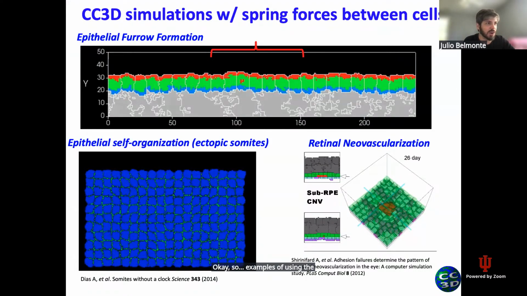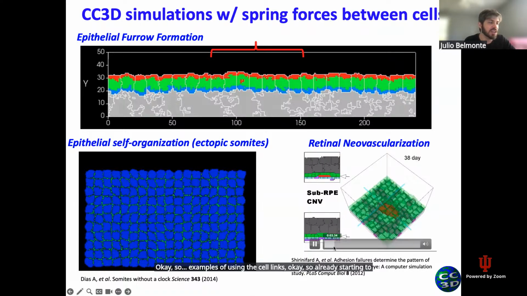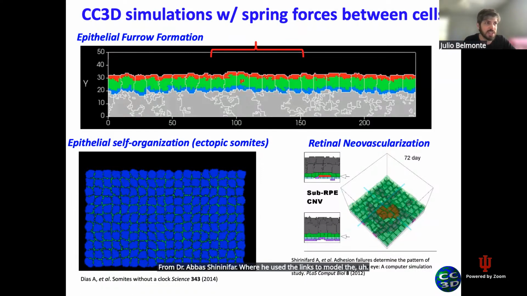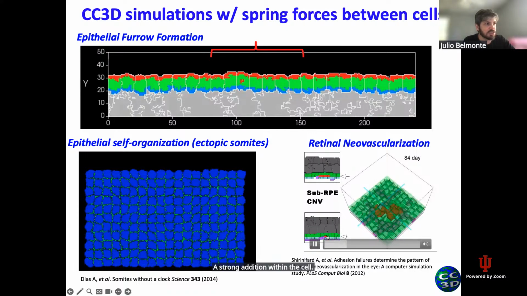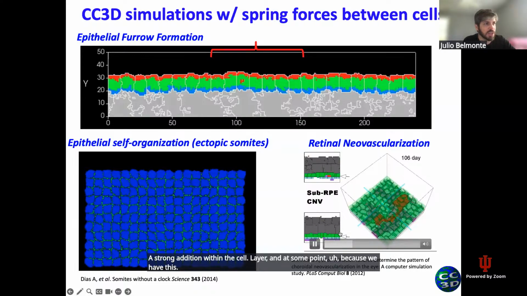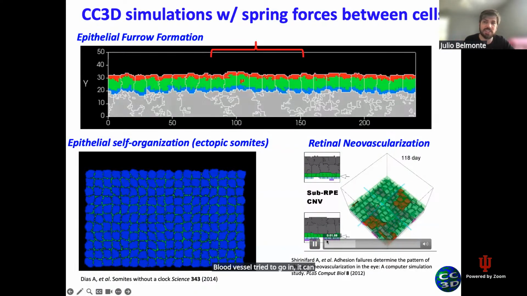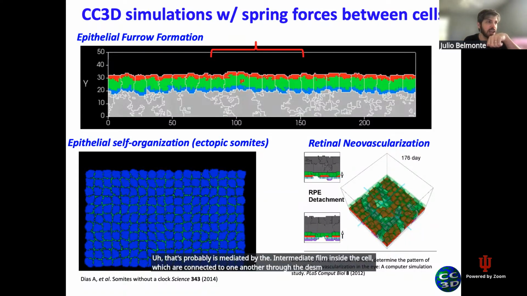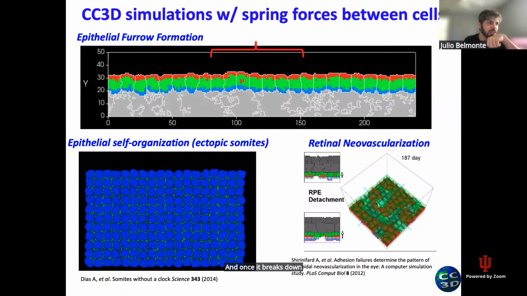Okay, so already started with the video that's playing here from Dr. Abbas Shirinifar, where he used the links to model a strong adhesion between the cell layers. And at some point, because you have this blood vessel trying to go in, it can break these strong links between the cells. That probably is mediated by the intermediate filaments inside the cell, which are connected to one another through the desmosomes. And once it breaks, then the blood vessel can